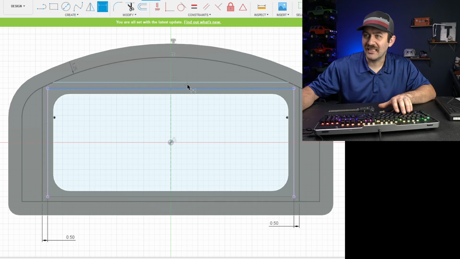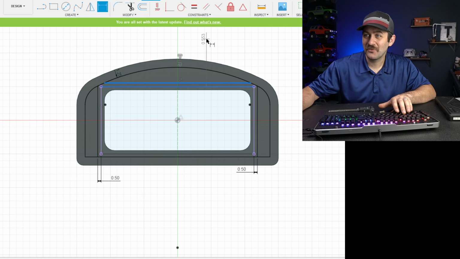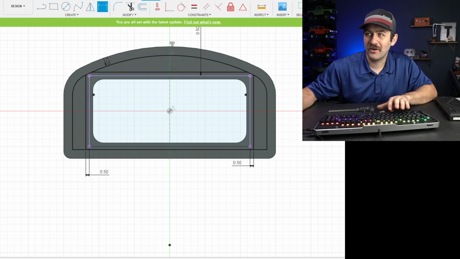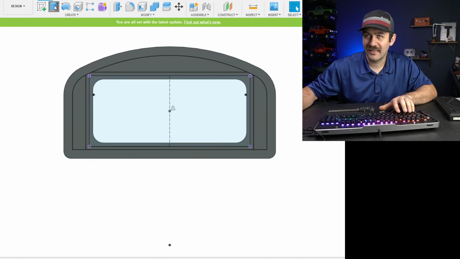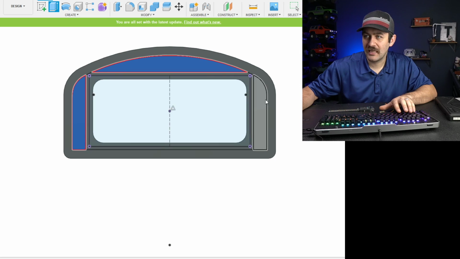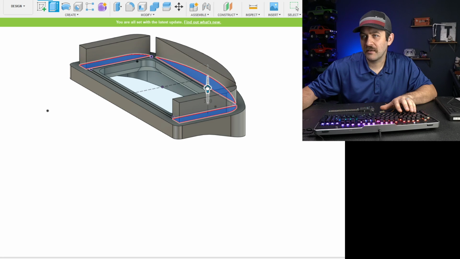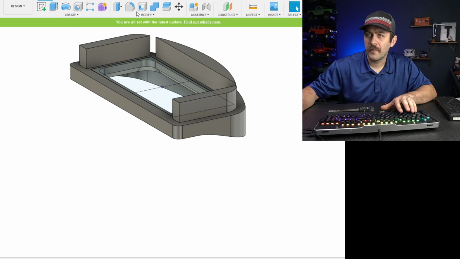Where's the HD going? That's a good question because this is a really tiny piece. We'll put that on the second part. This part's going fast enough that we don't have to worry about it. But now if we just take those areas and say we pull those up 3 millimeters, what this will do